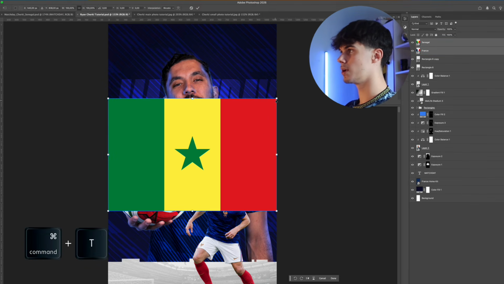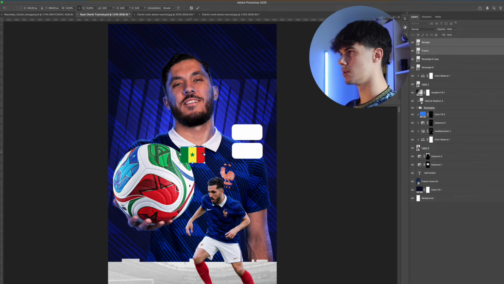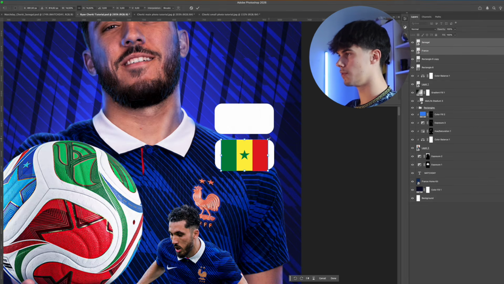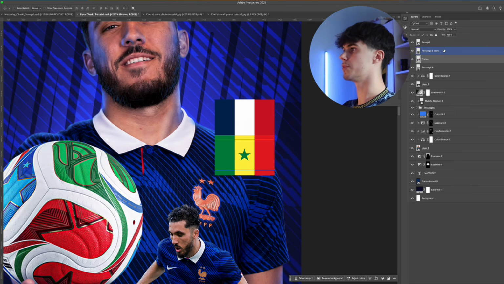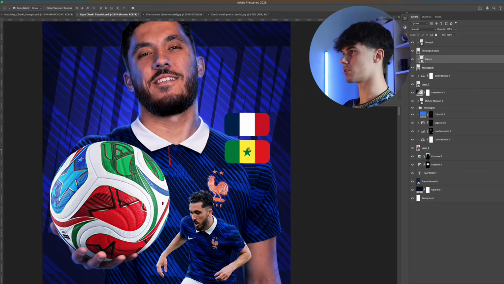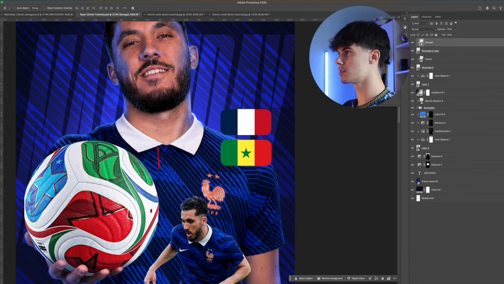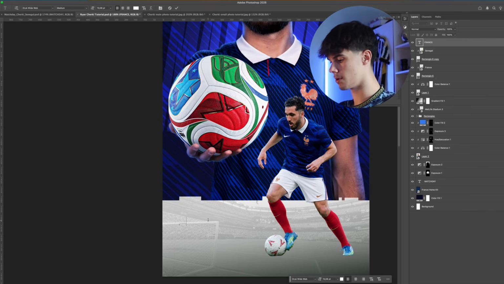So select these both and rescale it so it fits fully to our flag. Now move the France one upwards and make sure the flags are above the rectangles that we want to put them in. So now if that's ready, hold Alt and clip it to each rectangle. It looks like that. Very nice. At the bottom, I will also type France